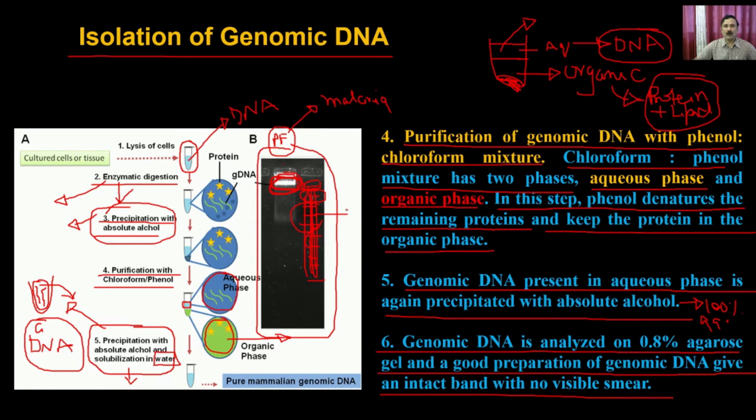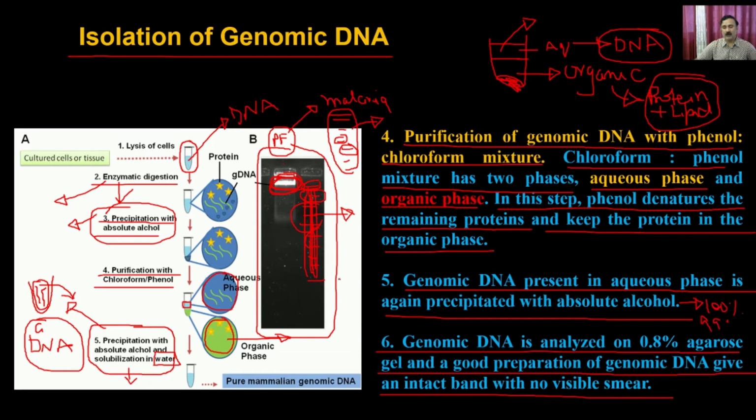And that is not good quality genomic DNA for genetic engineering, because once you have fragmented DNA, you might have a gene which you are interested in isolating, but that gene may not be present in any of these fragments. Instead, it may be present half on this fragment and half on that fragment. In that case, you will not get the PCR of the complete gene. So it is very important that you check the quality of the DNA on an agarose gel.